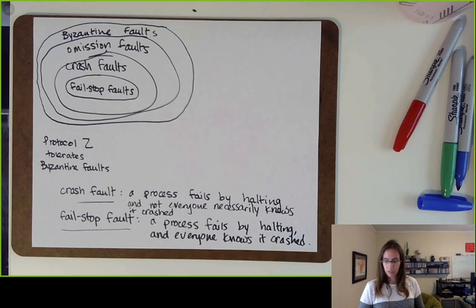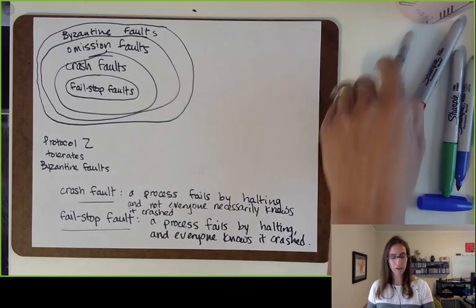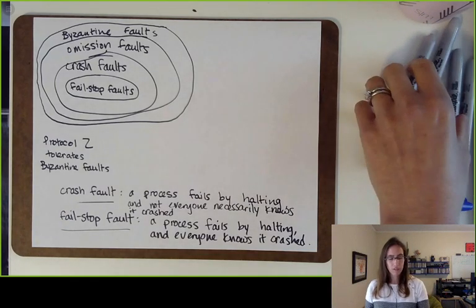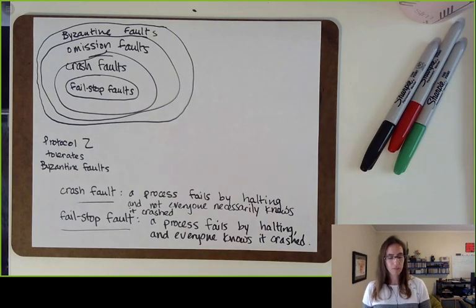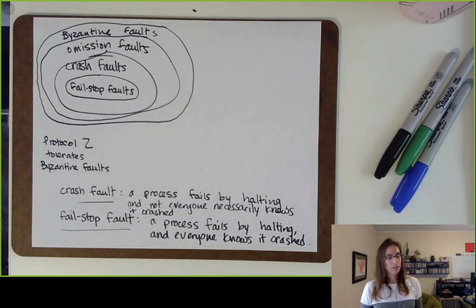Yeah, so there's a question about timing faults and the fact that I left timing faults out of the picture. So why did I leave timing faults out of the picture? This is kind of a hard question. Does anyone know why I left timing faults out of the picture? It goes back to near the beginning of the class when we discussed network models. You recall we talked about the asynchronous network model and how we were going to be spending most of our time in the asynchronous network model. So given that context, given that hint, why do you think I left timing faults out of this picture?